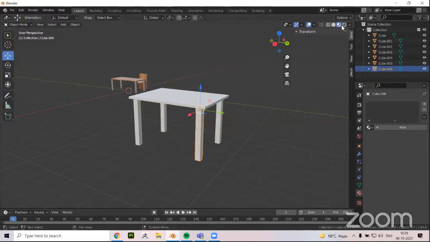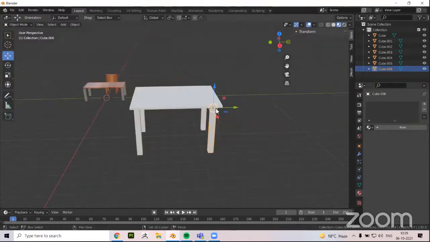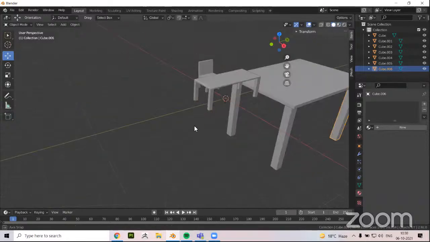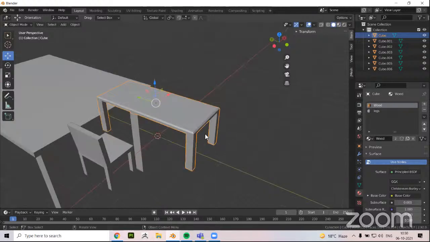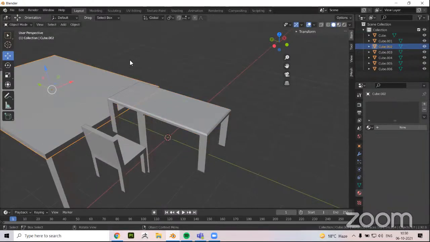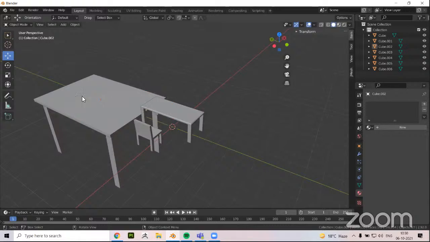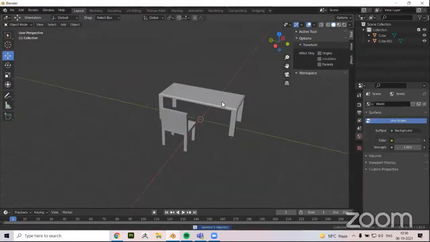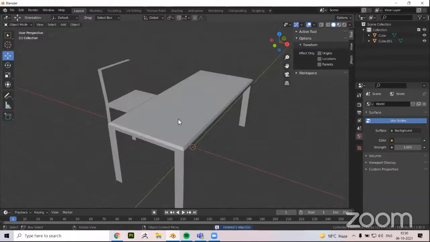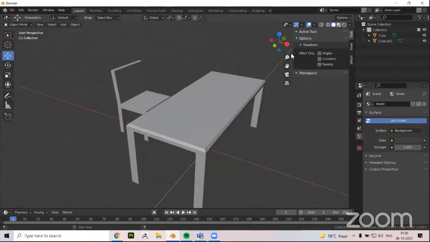What I mean by rendering is, suppose right now, when initially I was working, everything was gray in color. That meant there was no material added to it. Okay, I'll just remove the small example I have created here. I'll just select everything and delete them. So now, even though I have added a wooden material here, which kind